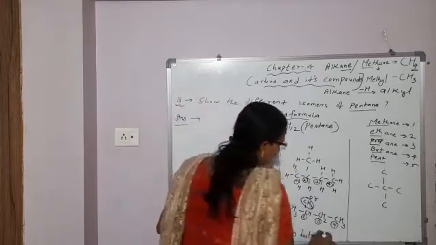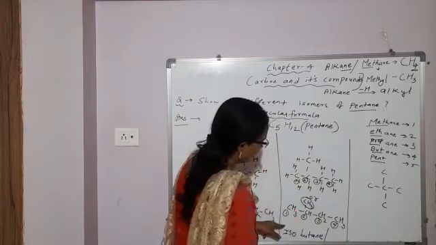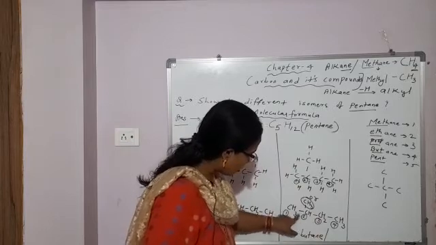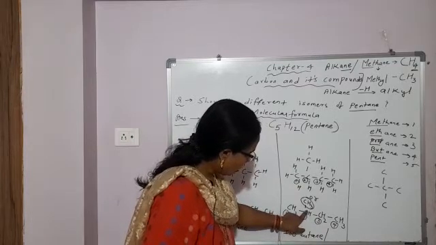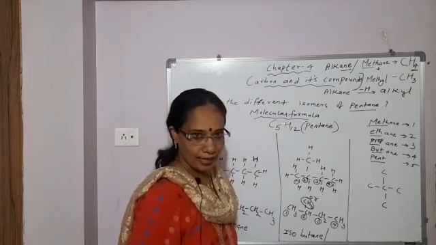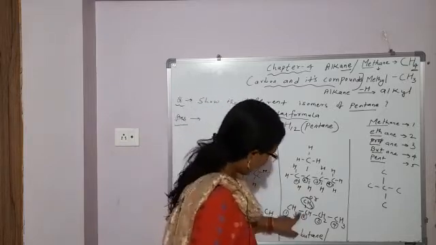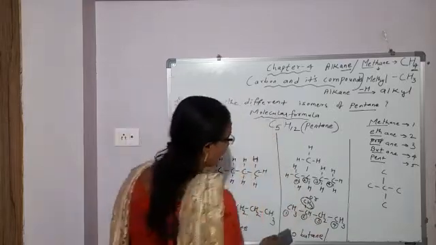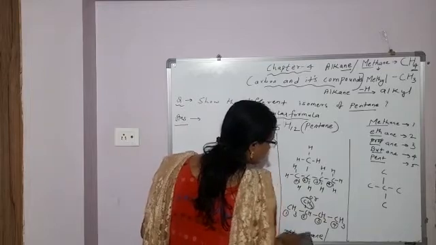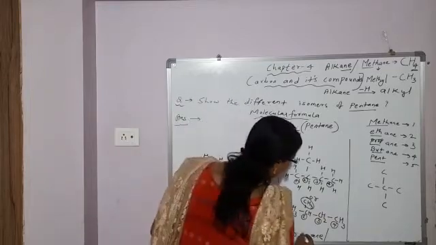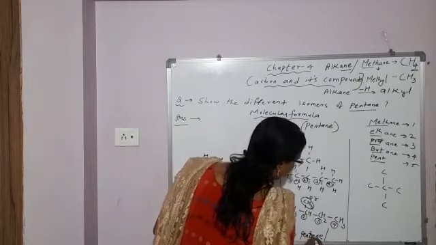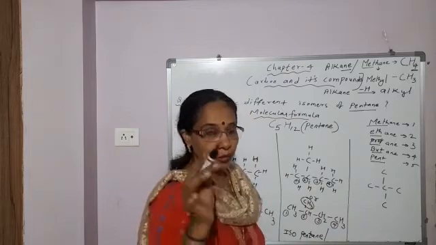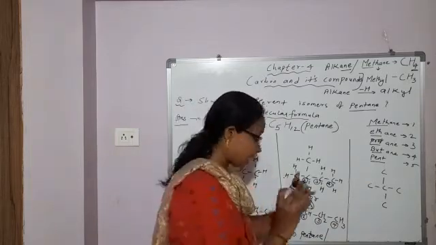Or how can you name it? No, not isobutane. Iso means the second last carbon atom has one methyl group attached. So iso. Okay. Next, 1, 2, 3, 4, 5. Total how many carbon atoms? 5. So iso, 5 means pent. Iso, pent, and single bond between carbon atoms, so ane: isopentane.